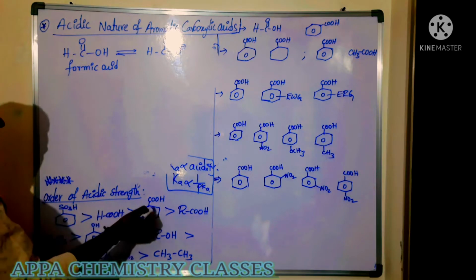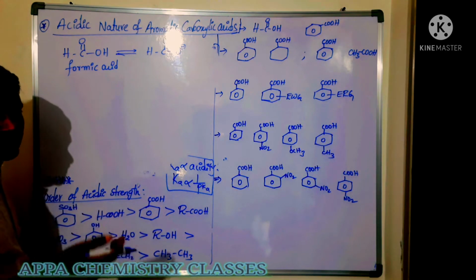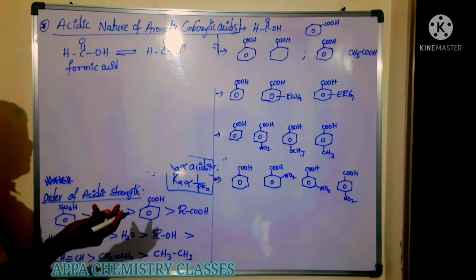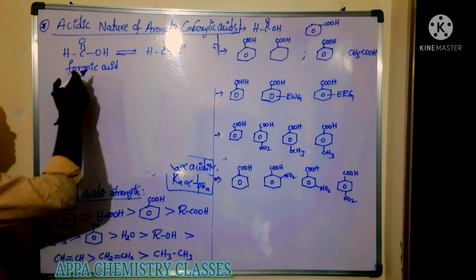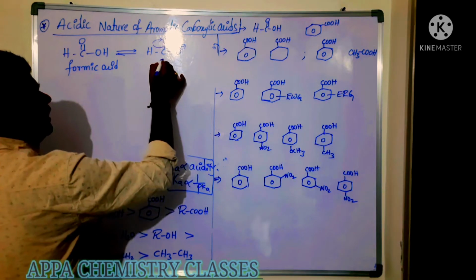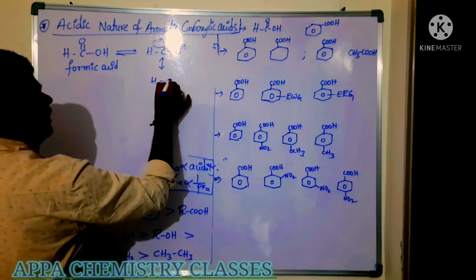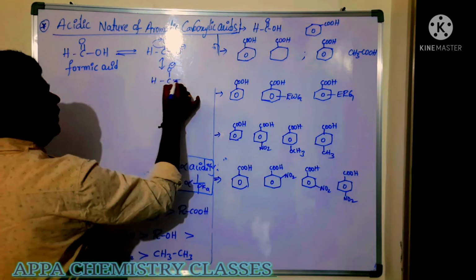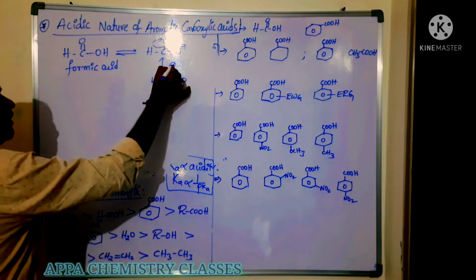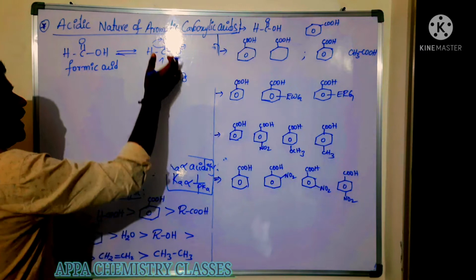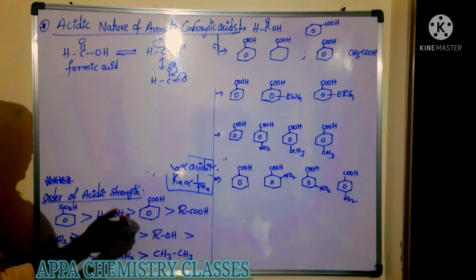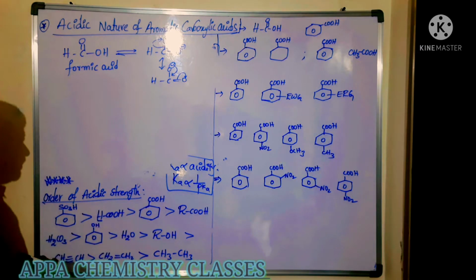Because the phenyl group sometimes acts as electron donating, sometimes as electron withdrawing. But here hydrogen is neither electron releasing nor electron withdrawing, and also back conjugation is there. So due to that it changes and we get this, and also we get the double bond here. These two are in conjugation, but such back conjugation is not possible in the case of benzoic acid. Okay? So due to that, benzoic acid is less acidic than formic acid.